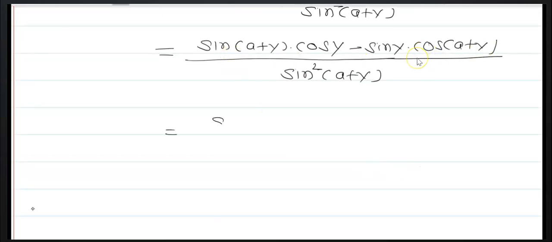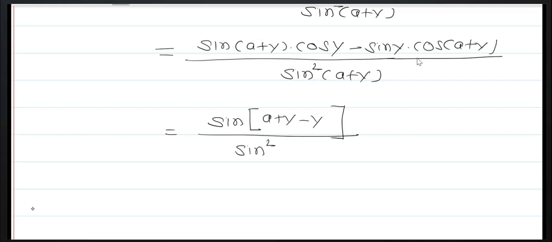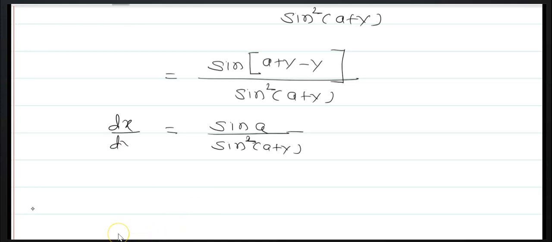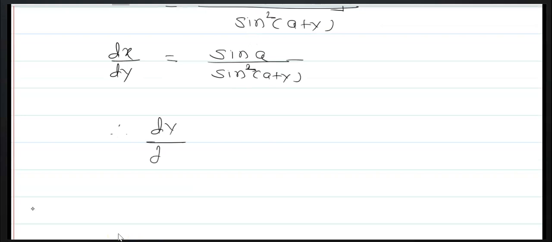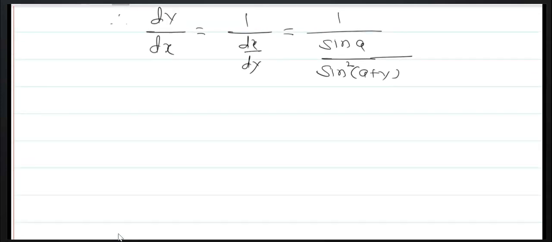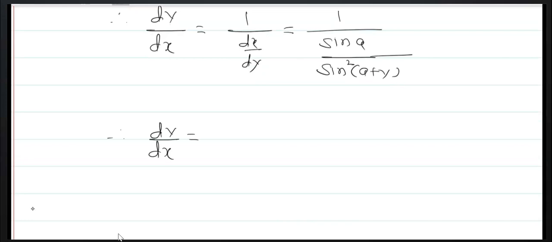Now this is the expansion of sin of a minus b. What is a? A is a plus y and b is y. Therefore sin of a plus y minus y upon sin square a plus y, and that's why you will get sin of a upon sin square a plus y. But this is dx upon dy, we want to find out dy by dx, and that is equals to 1 upon dx upon dy. Therefore 1 upon sin a upon sin square a plus y, and that is nothing but dy by dx is equals to sin square a plus y upon sin a, and hence